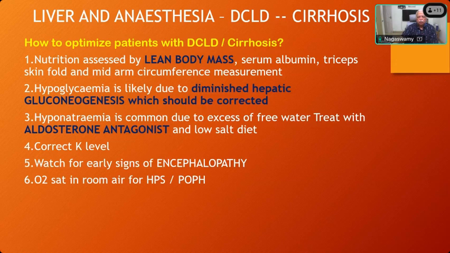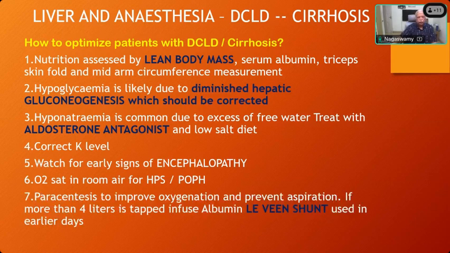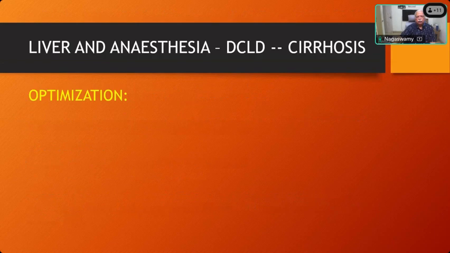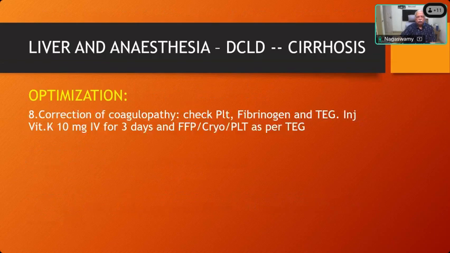Check oxygen saturation in room air for hepatopulmonary syndrome and portopulmonary hypertension syndrome. Do paracentesis to improve oxygenation and prevent aspiration; if more than 4 liters is removed, infuse albumin. In earlier days they used to do what is called LeVeen shunting, used to absorb the fluid and direct it into the circulation itself. So, continuing with the optimization, correction of coagulopathy: check platelets and fibrinogen, inject vitamin K for 3 days,